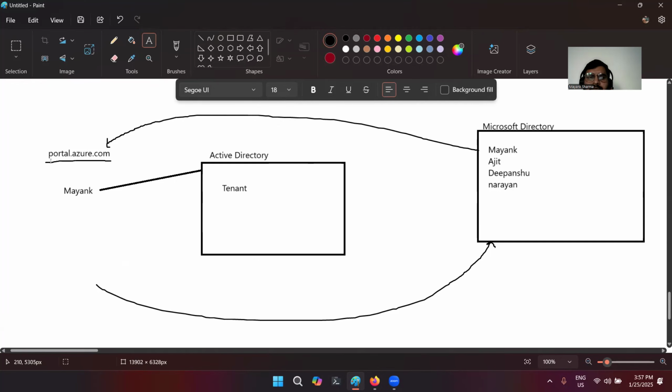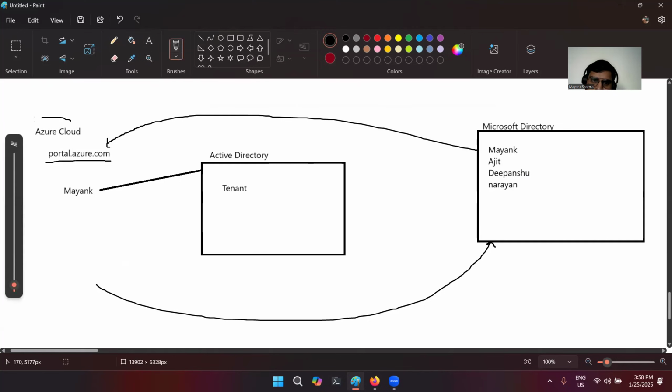Now, particularly for Azure Cloud, Microsoft knows that using Azure Cloud, a user can integrate multiple services. If you want to purchase an Azure account, you also have to take a subscription.